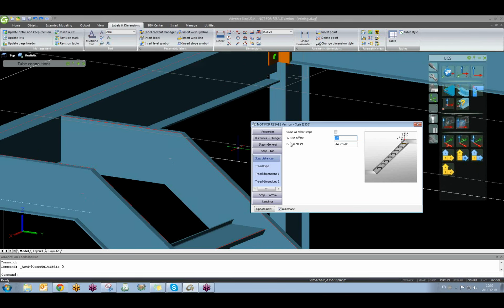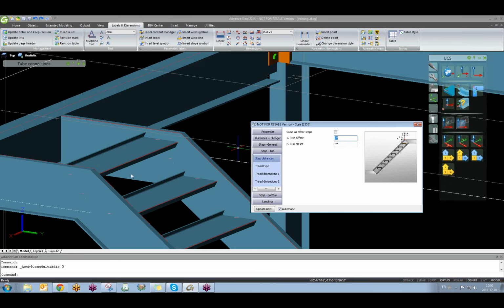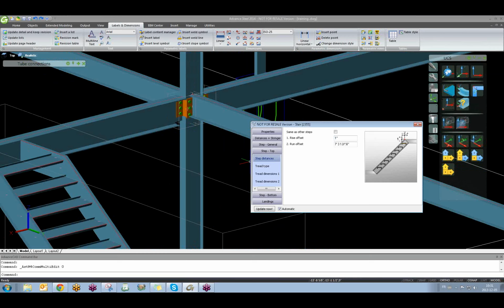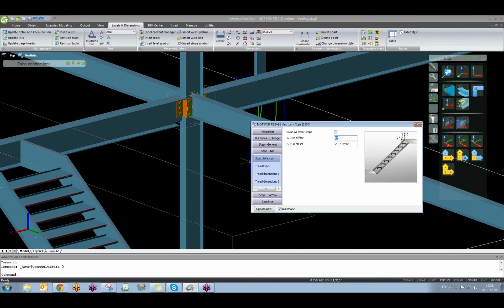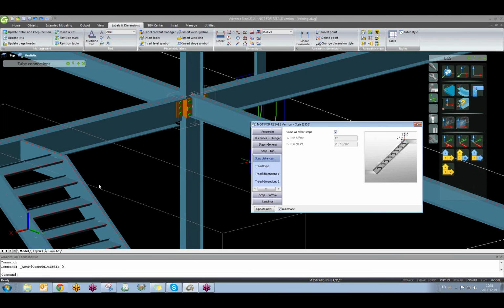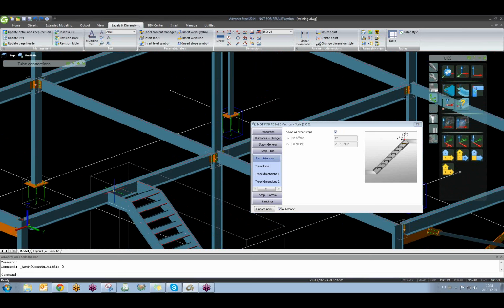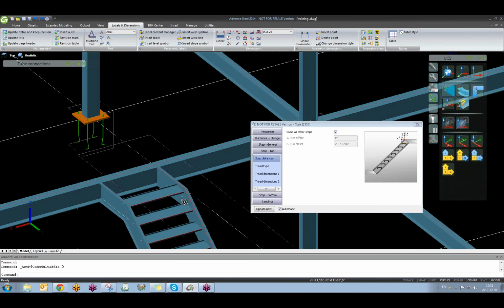You can play with that so it will be flush with the top of the steel. Okay. If I make it 0, make it 1, same as others. It's not really the same as the others. Does it answer your question, or it's not really